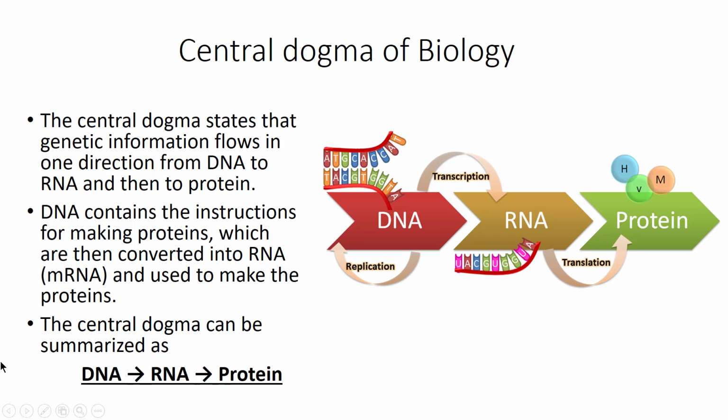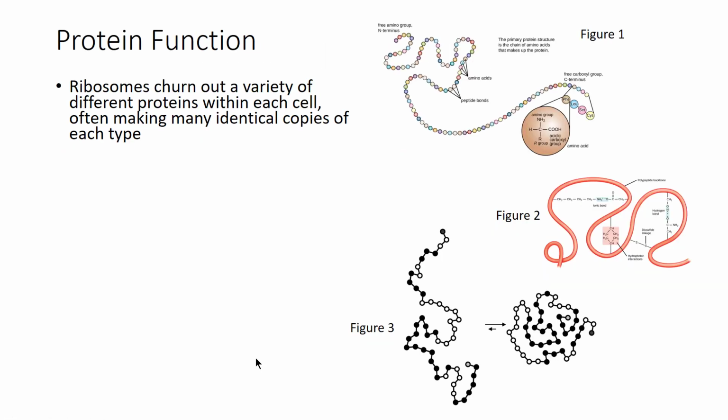So this little diagram down here will show up on quizzes and tests, something like which of the following best describes the central dogma of biology, and you'll just want to recognize that flow. Starts with DNA, DNA becomes RNA, RNA becomes protein. That's a simplified way of putting it, but that's the easiest way to think about it. So that's just a quick rundown on the hereditary side of things.